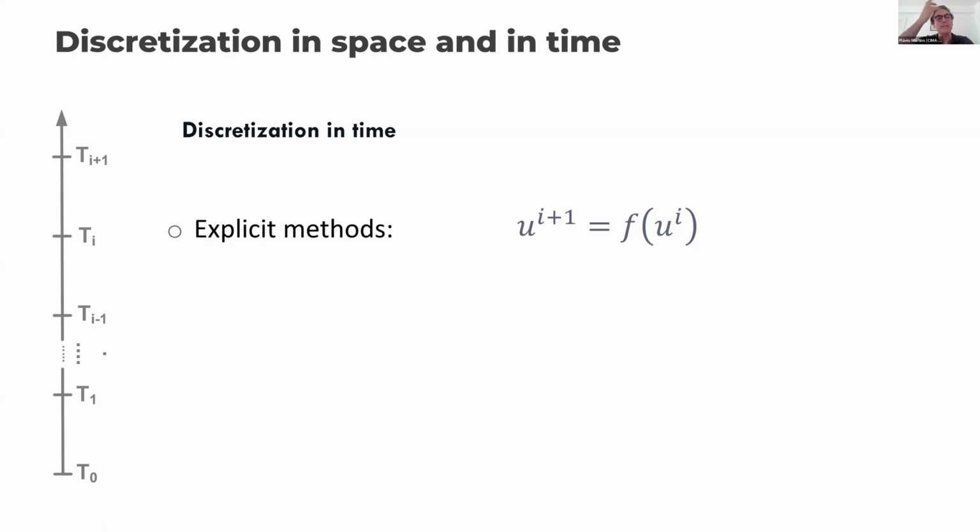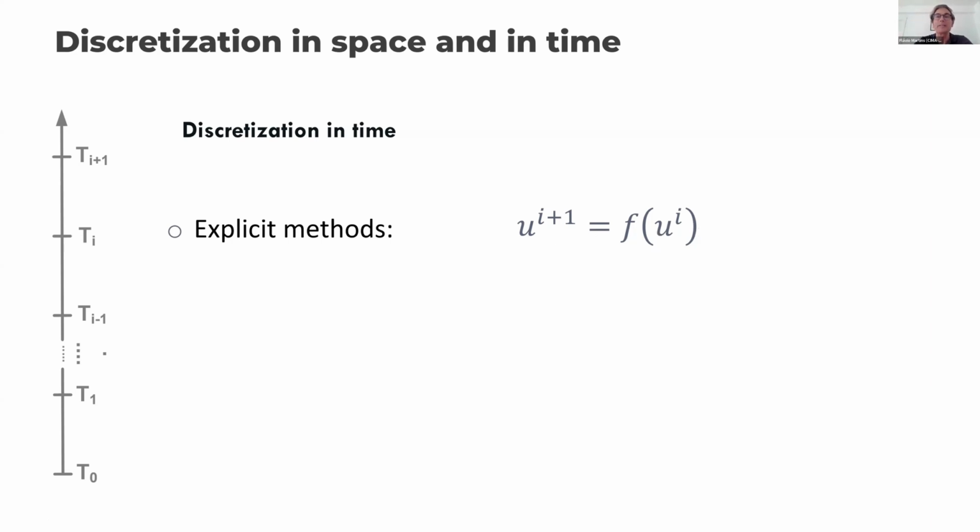Okay? If the method is explicit, it means that whenever you are computing a value in a cell in the new time, you will use the values of the cells of the neighbors in the old time. Okay? And because the old time is already known, all the variables are known in the old time, so this is explicit. You can compute it even by hand.